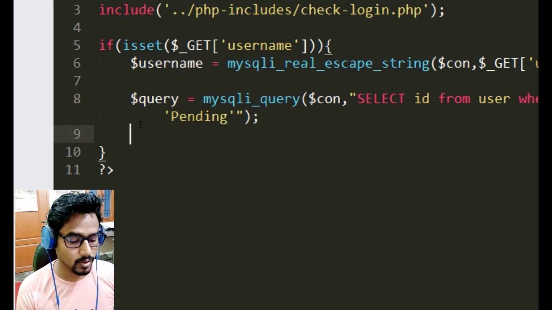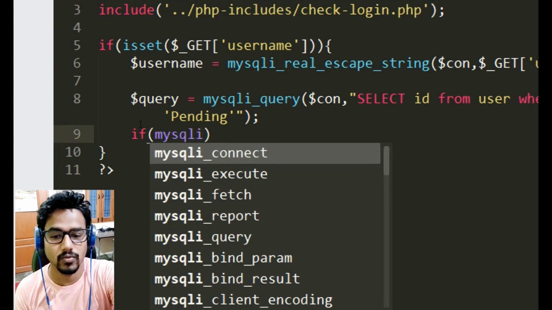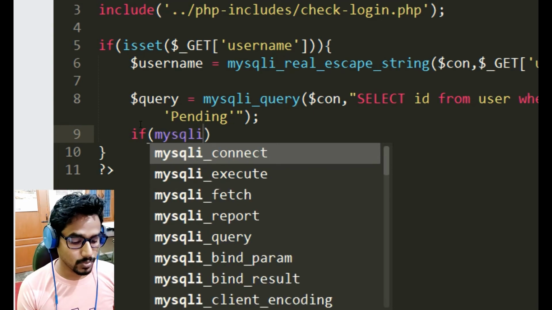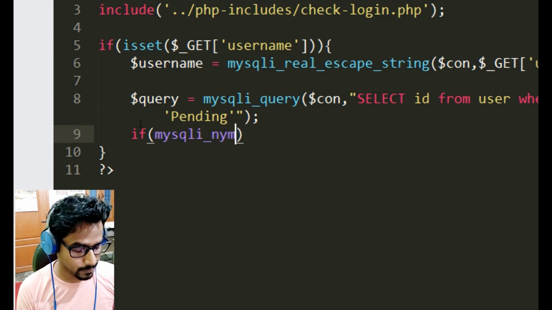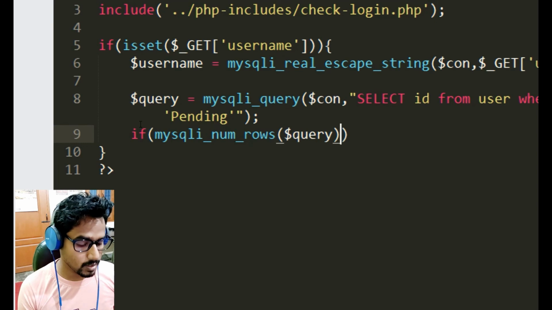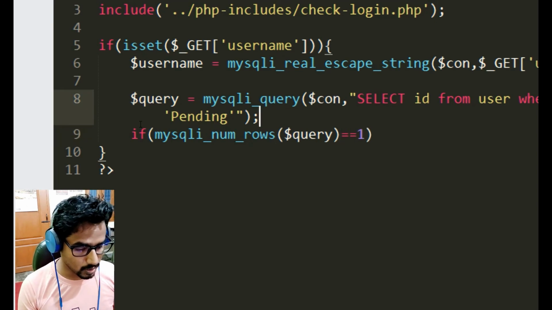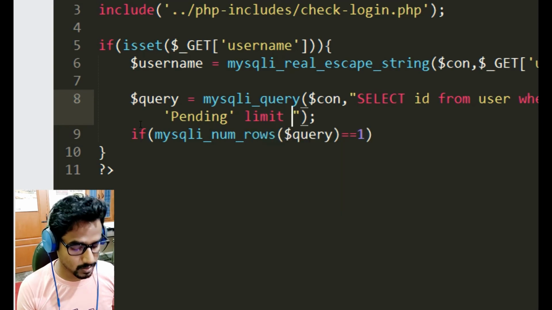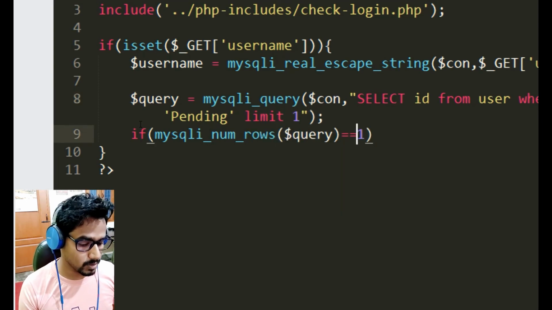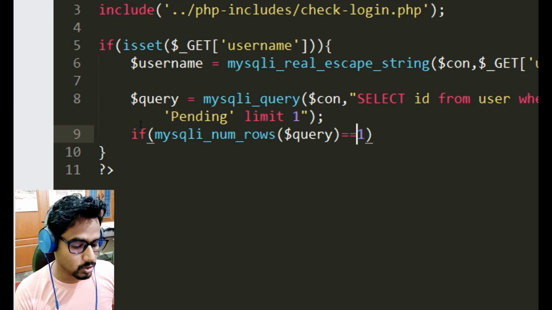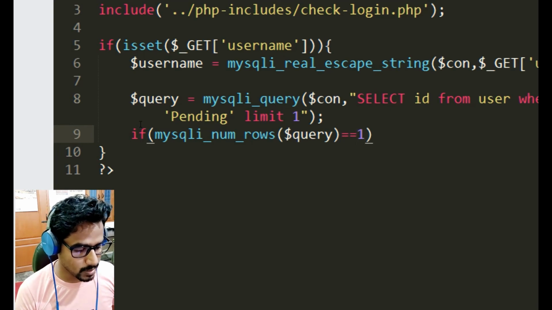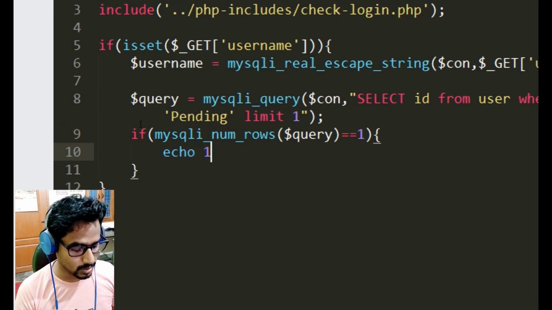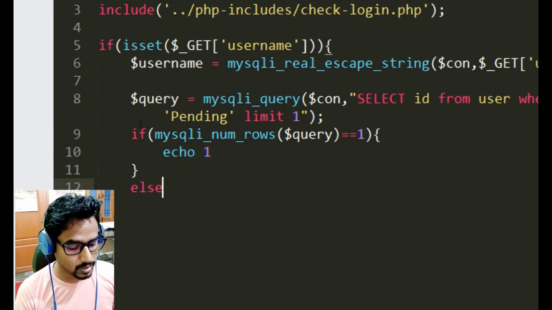Now if mysql_num_rows of the query is equal to 1, it means it is found, it means it is okay, and it will print just 1. Also it should be limit 1, otherwise it will make it very slow. Otherwise, it will say